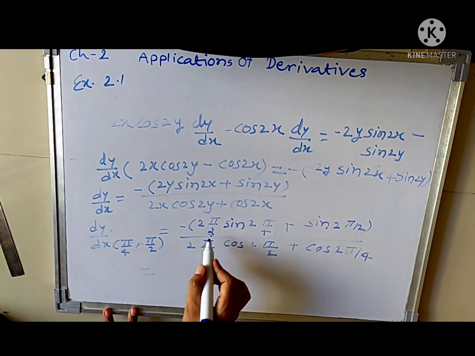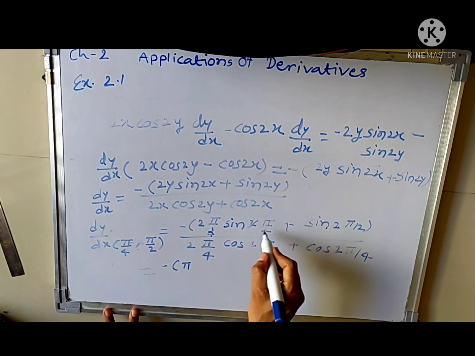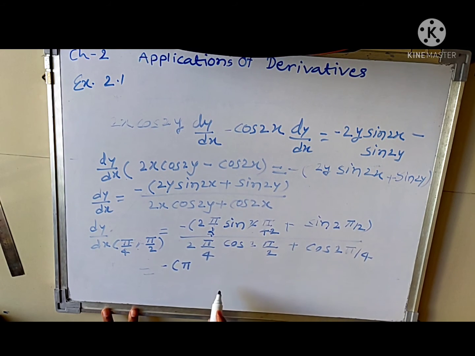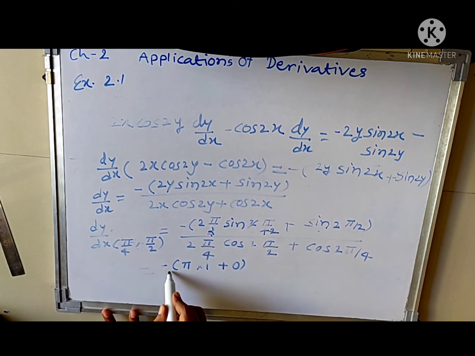Then it is equal to 2 to cancel, it is a minus pi, here sine pi by 2. What is the value of sine pi by 2? Sine pi by 2 is 1. I am directly writing here 1 plus 2 to cancel, sine pi is 0, upon pi by 2,